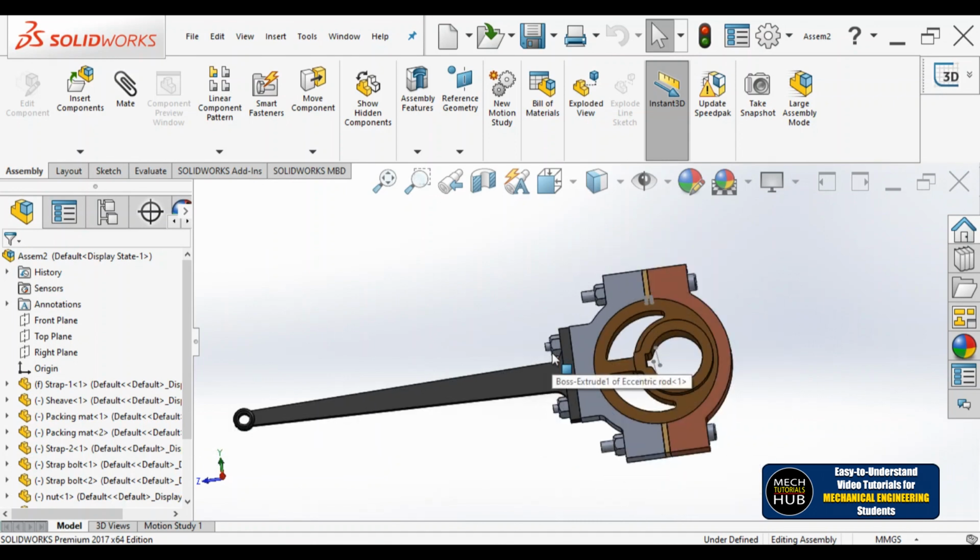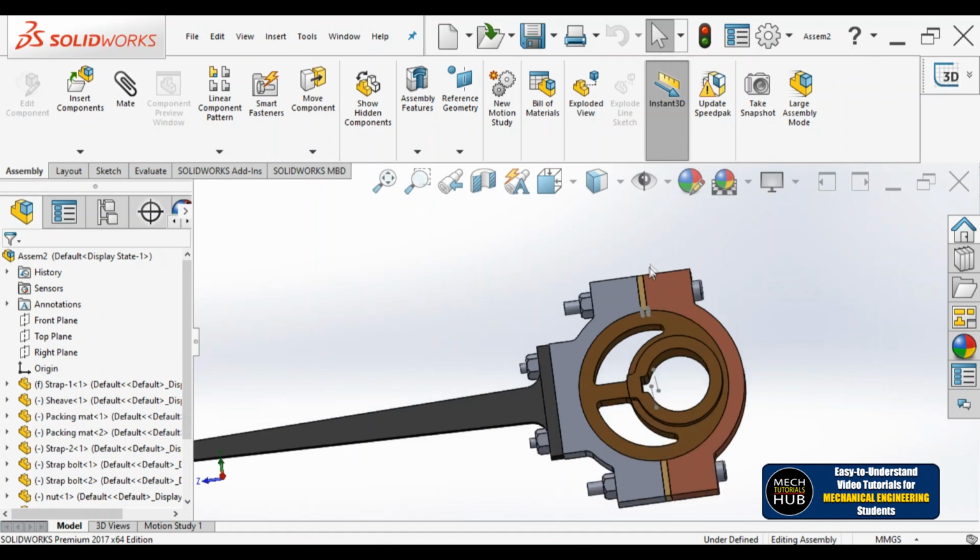Okay, as of now that is not our discussion. Our discussion is how to explode the eccentric, followed by two more important points related to explosion. Number one is how to use regular step, number two is how to use radial step. That we haven't discussed in any of our videos. I am going to explain that, followed by drafting it on a drafting sheet, and also show you how to give a bill of materials, how to assign material there in the draft sheet, and how to give some description related to any of the parts.